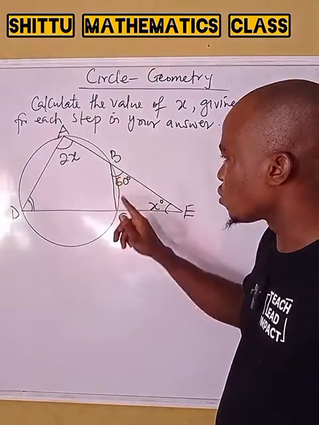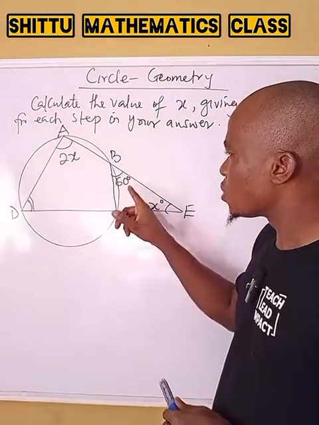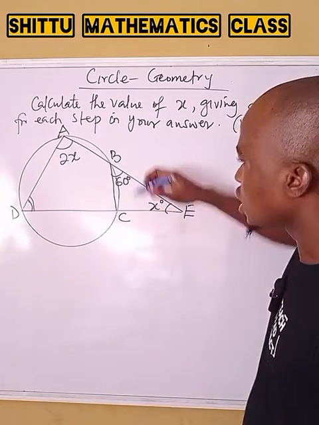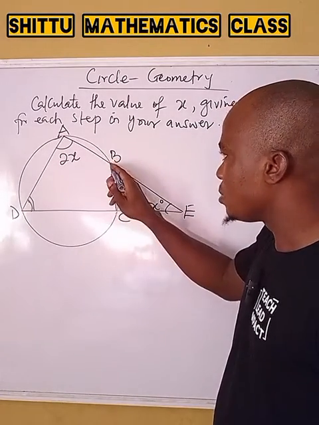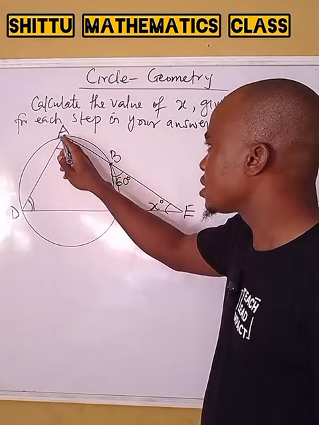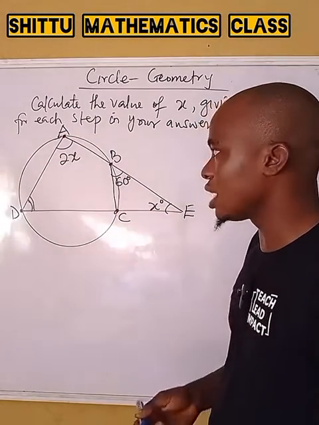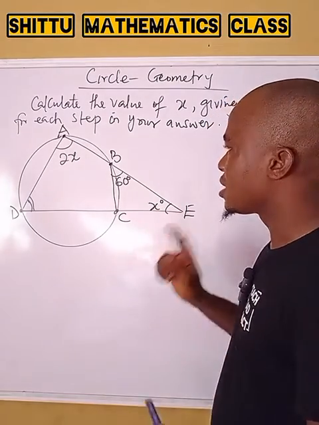Look at this 60 here. What is this 60 degrees doing here? This is just like an instrument for us to get this one. If you look at A, B, C, D, you can see it is touching the circle, so it means that it is a cyclic quadrilateral. Now there is a theorem that says that the